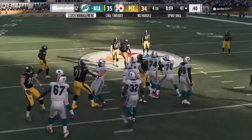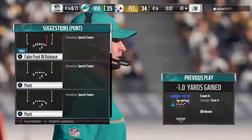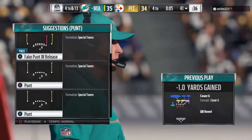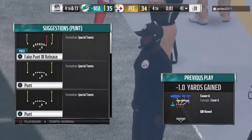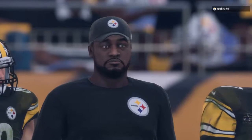And they'll indeed take a knee. Well, I know at points in this